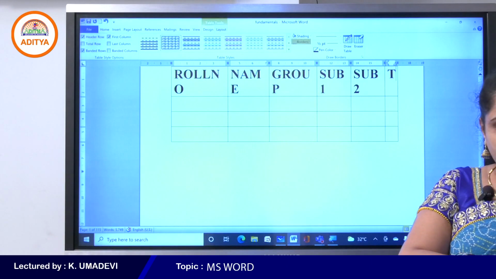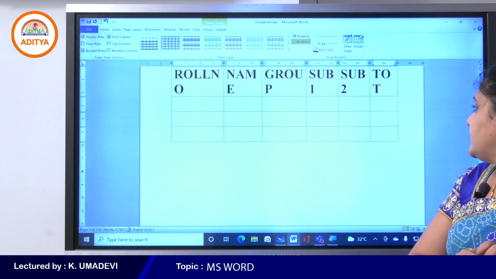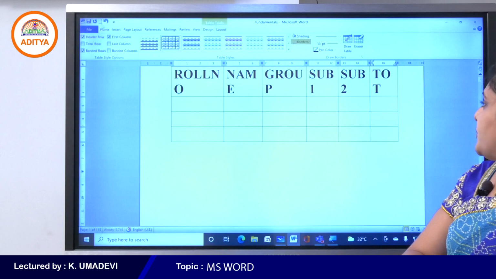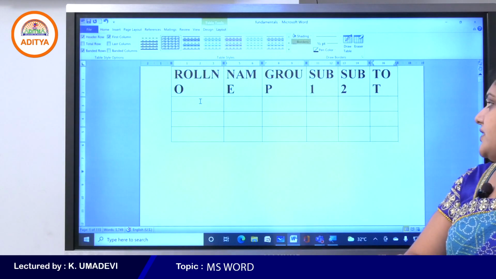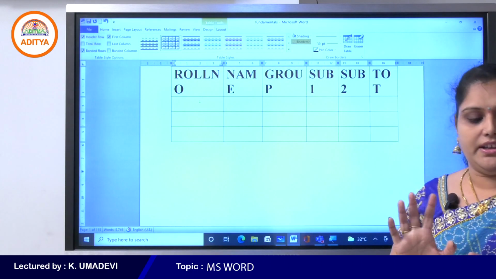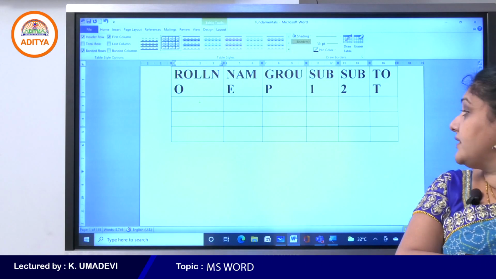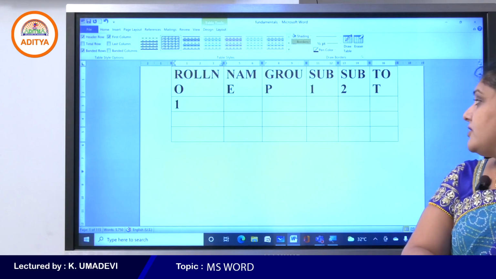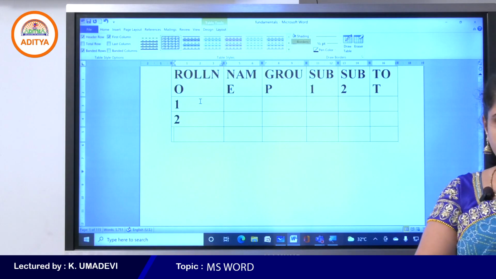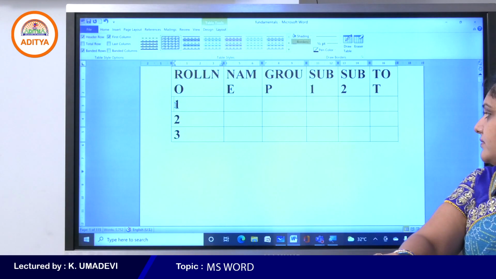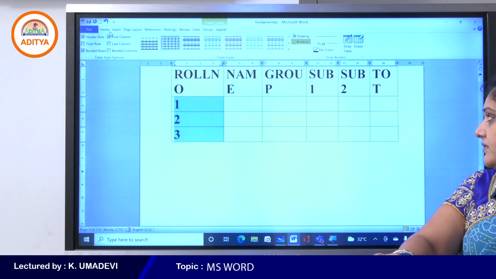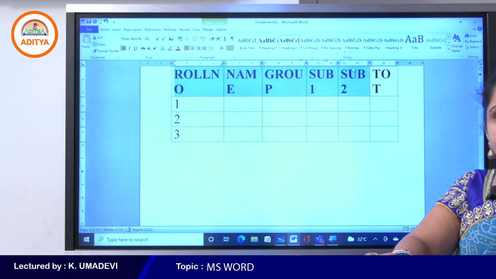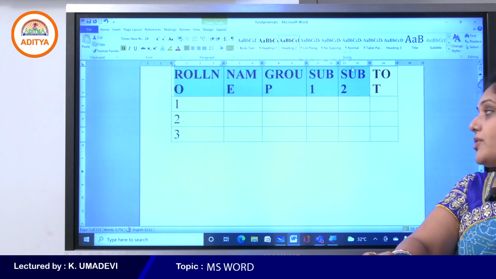Okay students, so roll number, name, group, subject 1, subject 2 and total. And then here I would like to enter the student details like 1, 2, 3. I'll remove the bold. These are column headings, which is called the header row.